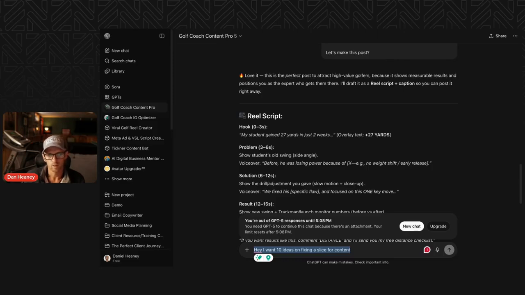Next up, I want to dive into communication examples. I'm going to show another system that I use. So I use a CRM called Go High Level, GHL. There's many of them out there. If you don't have some sort of client relationship management software, email marketing software, I would highly recommend getting one.